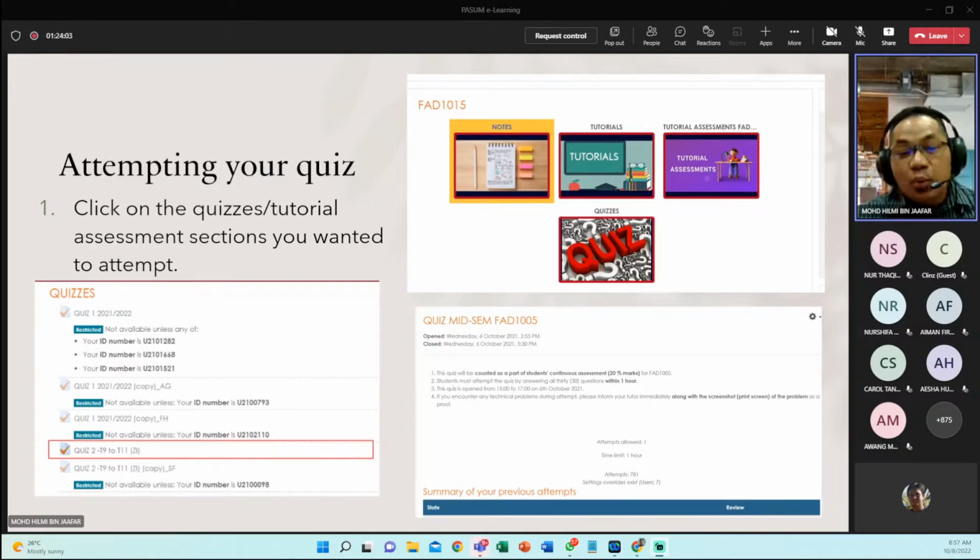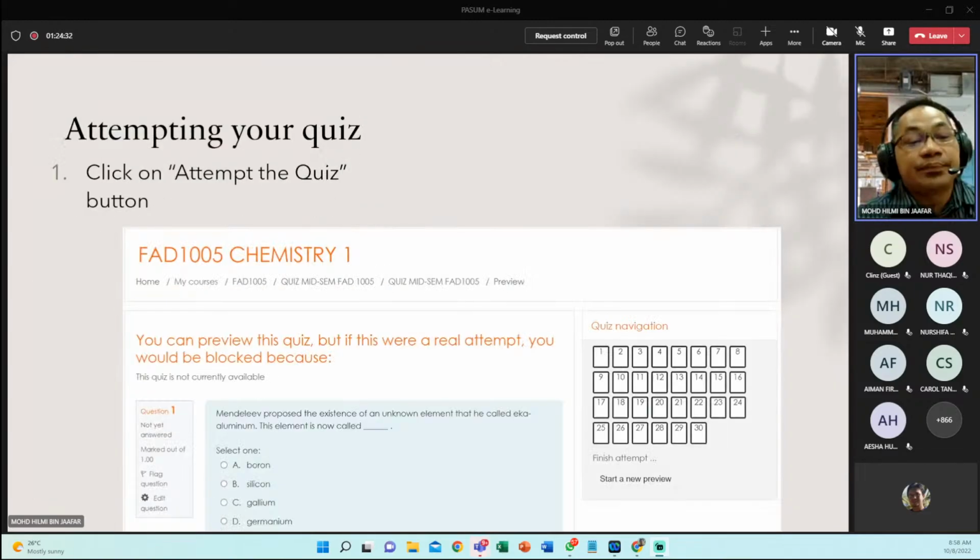On this window, normally you can see the instructions for the quiz. You can see the status, whether you have attempted the quiz, and the duration of the quiz. Below this blue bar we have a button called attempt the quiz. Once you click that button, you will be taken into